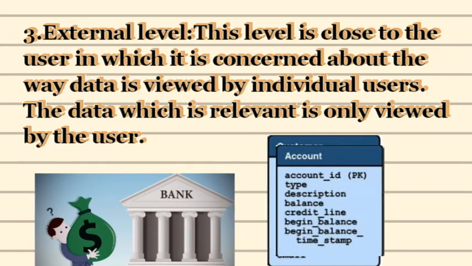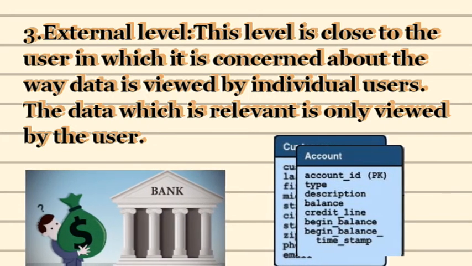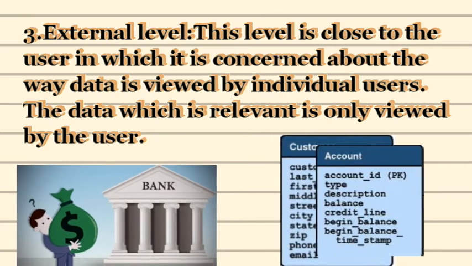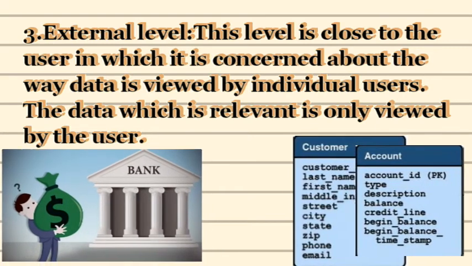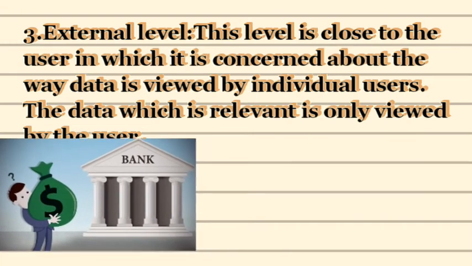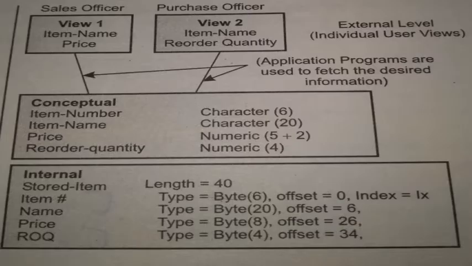So accordingly, there are different kinds of views that are available for different users, and accordingly the database is accessed by every user according to their need. So that is called the external level. Now as you can see on the screen, this is the way all the levels are defined and shown to you: what is in the external level, what is in the conceptual level, and what is in the physical level, that we call the internal level too.